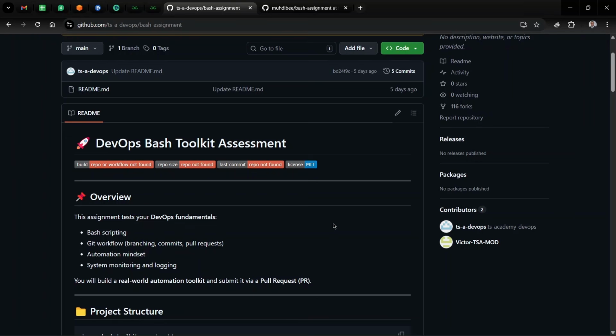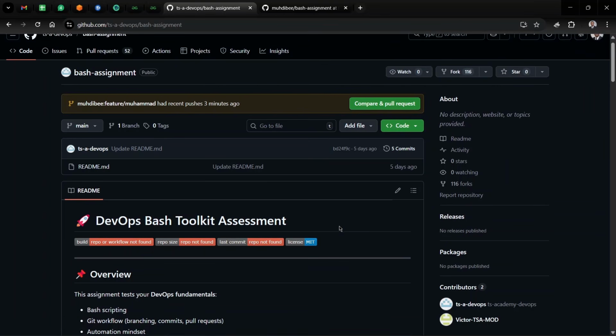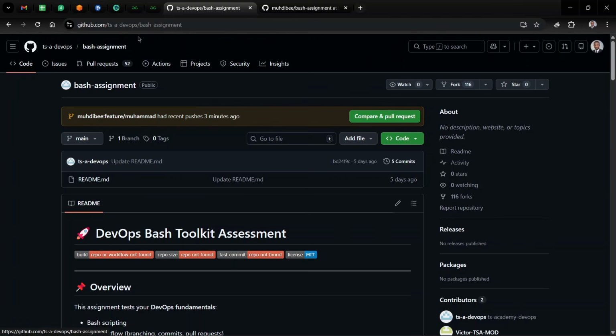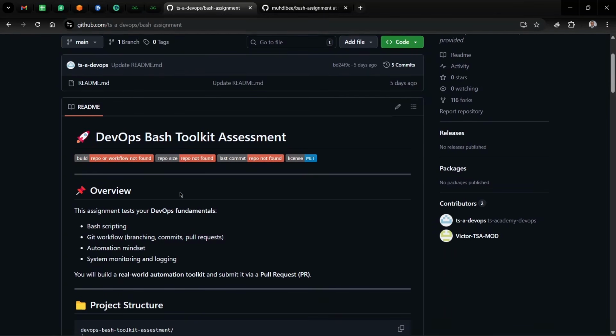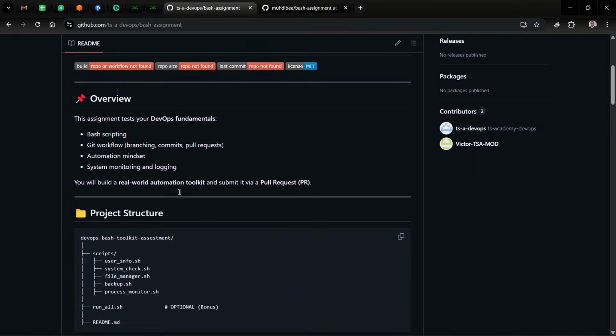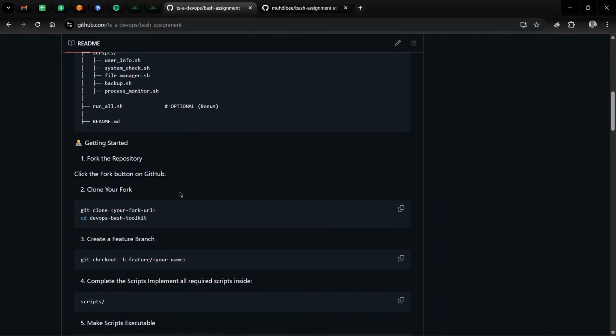So I'm going to be using this video to explain to you how to go around the Bash assignment. First of all, you have to navigate to this URL for the assignment, which is on GitHub, right? So this is the instructions of the assignment. You just have to go through all the instructions,